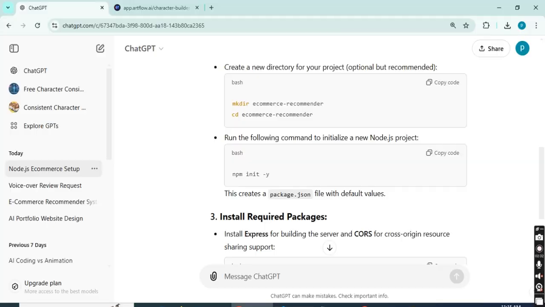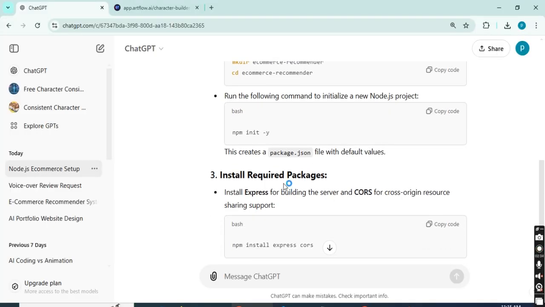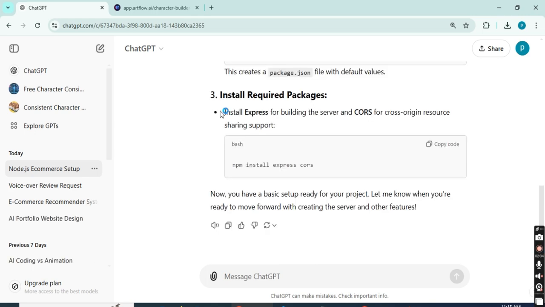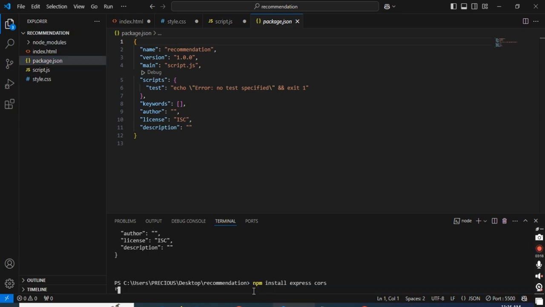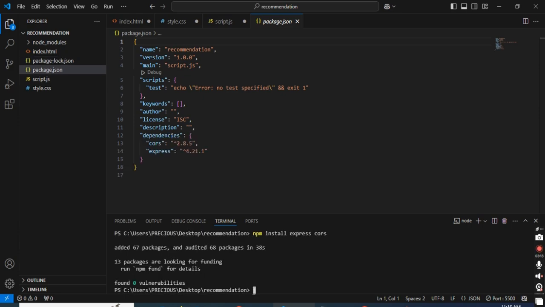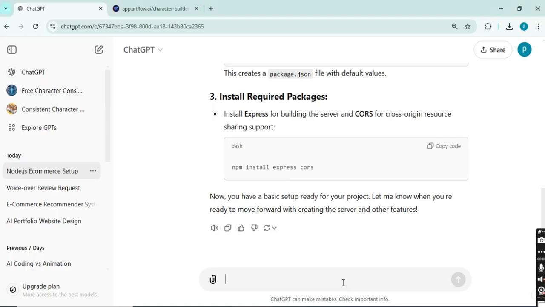Alright, next up is installing Express and CORS. These are essential. Express helps us build the server, while CORS allows different origins to communicate with it. So we'll copy npm install express cors from ChatGPT, head back to the terminal, and paste it in. After a few moments, it'll finish, and we should see a package-lock.json file appear in our project folder, confirming the installations were successful. Next, we'll ask ChatGPT to generate code for a basic Express server that listens on port 5000